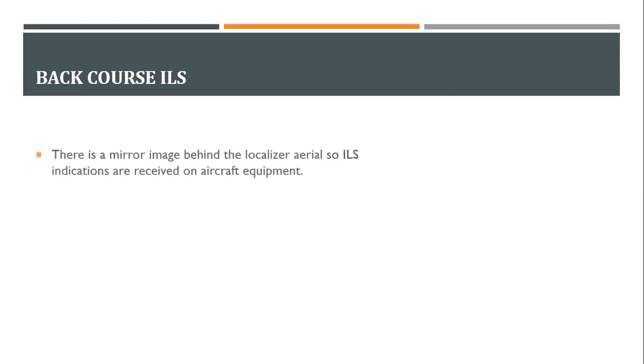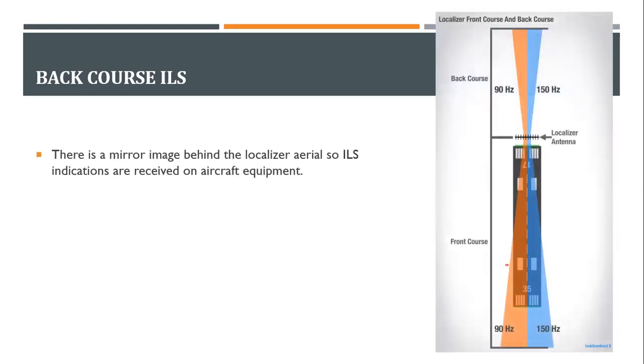All right. Now comes the interesting part. Now we were making an approach normally, and that is your normal approach ILS. But because of the parts in the localizer, which are metallic parts, the aerials are made of metals. So what happens is, because of these metallic parts inside, radio waves are reflected towards the back. Normally an aircraft will be making an approach like this. But because the aerials have a metallic part, they will reflect the signals towards the back also.